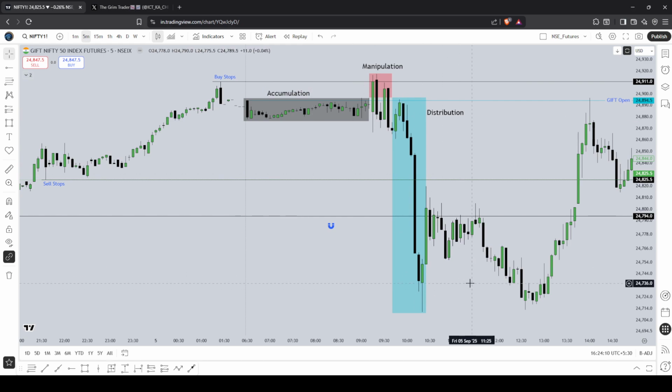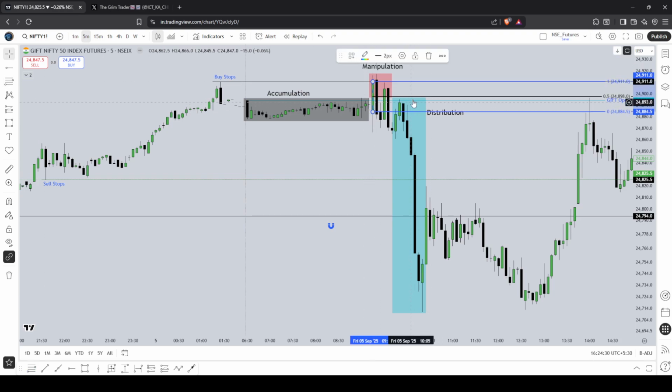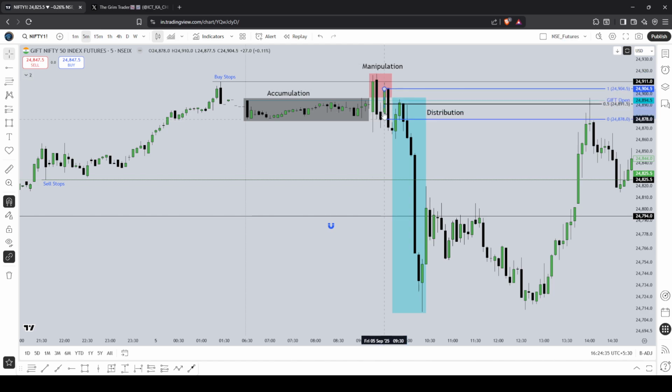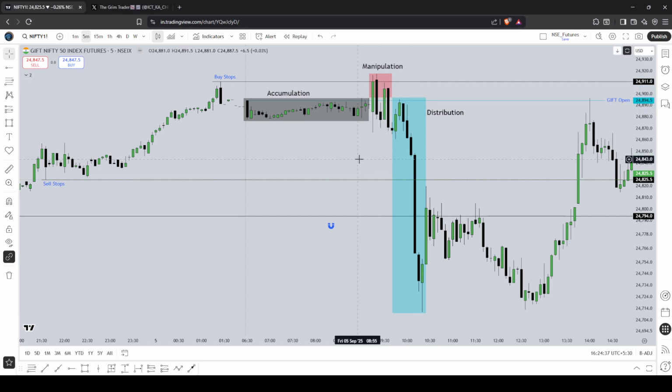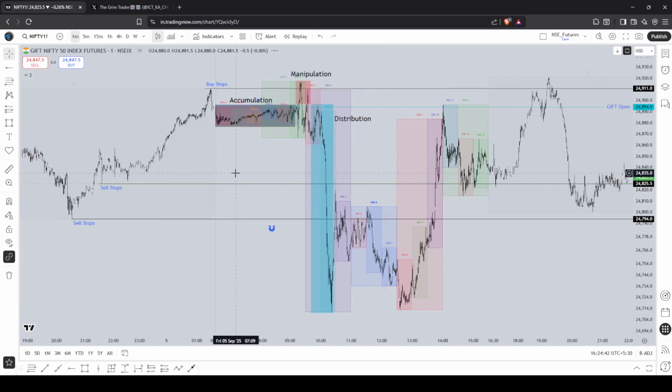This is the AM session of the NSE. If you look at it on a 3-hour candle basis, basically, you'll find that there's an open, high, low, and close somewhere over here. Anyway, how would you trade this? You could trade this as the mean threshold of this order block is being rejected. That's a choice. Or let's say you want more confirmation, you trade this. That's another choice. But the smarter move would be to wait for a confirmation on a lower time frame.